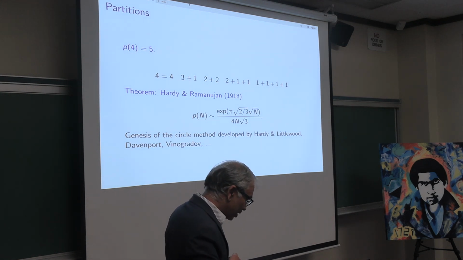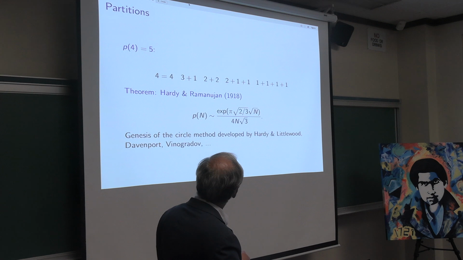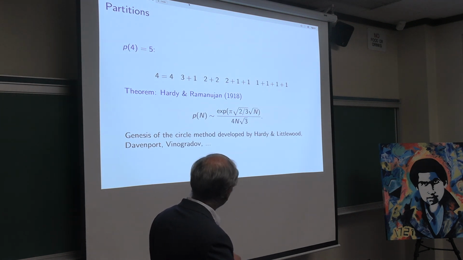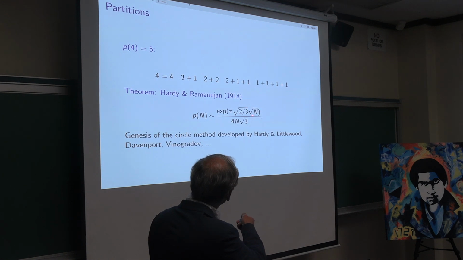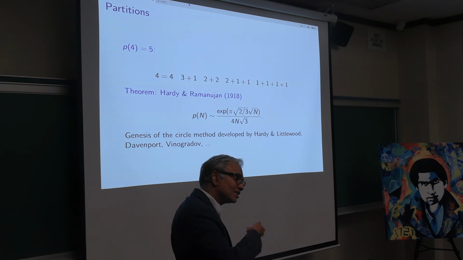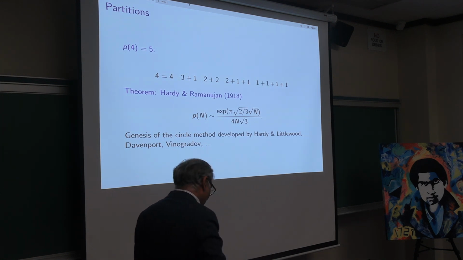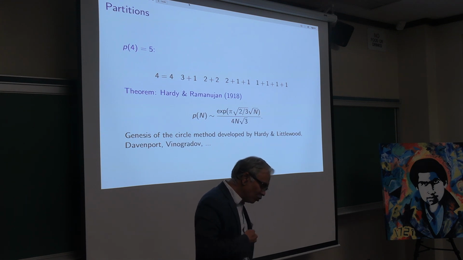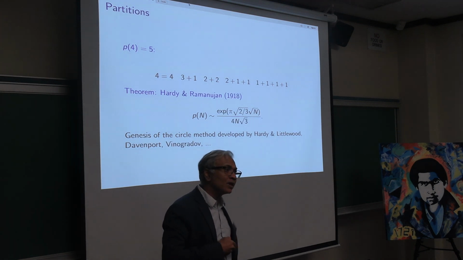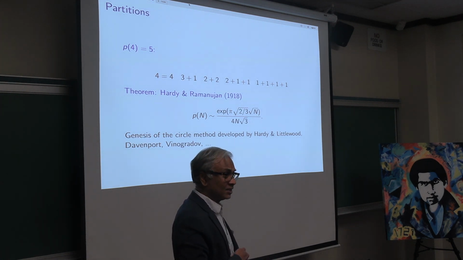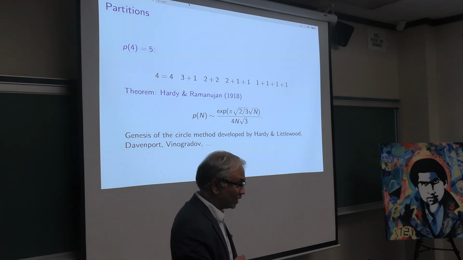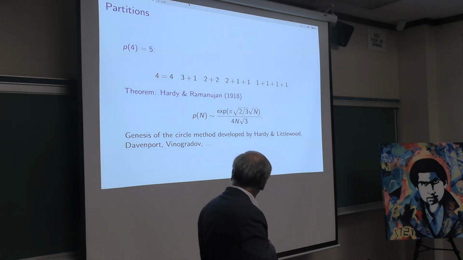And Hardy and Ramanujan found a remarkable method which produced an asymptotic formula for the number of partitions. This is a simple version of the asymptotic formula. You can see it's a rapidly growing function, not like exponential, but exponential in root n. And it has interesting constants that intervene. So nobody would guess, just based on the numerics, what this looks like. The method that they used to prove this also led to an enormous amount of mathematics. It was the first example of something called the circle method, which was then worked on extensively by Hardy and Littlewood after the war, when Littlewood came back in 1918.